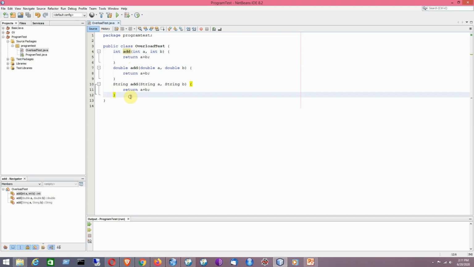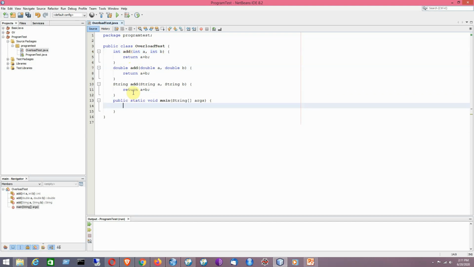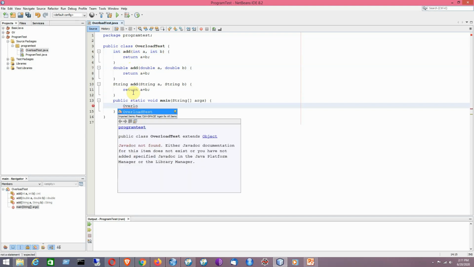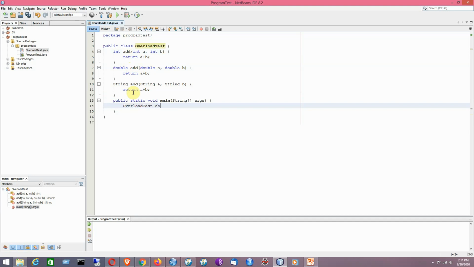Now I will be creating the main method, and within the main method I will create an object of the OverloadTest class, and after creating the object I will be calling the methods one by one for demonstration.